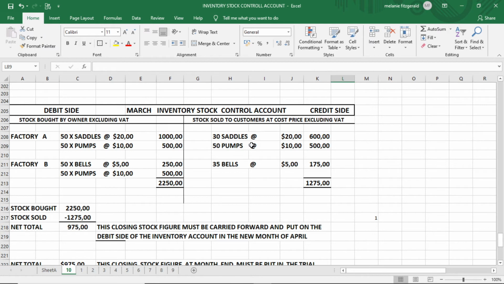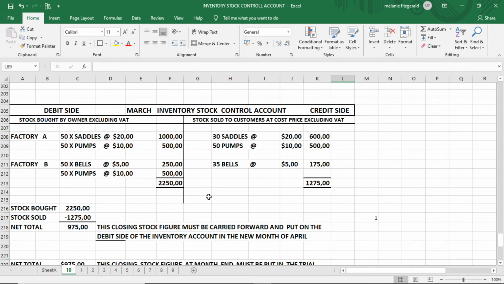Okay, so 30 saddles at $20, it's $600. 50 pumps at $10 is $500. 30 bells at $5 was $175. Okay, now the sold stock to the customers at cost price excluding VAT, just to remind you again. And also that stock that we bought from our suppliers was also bought by the owner excluding VAT. Okay, so the total amount that went out that was sold to our customers was $1,275